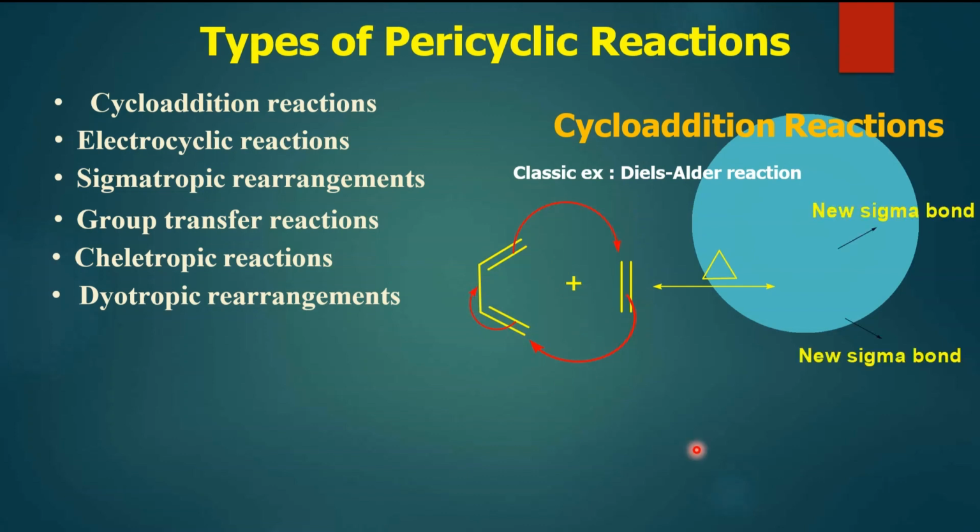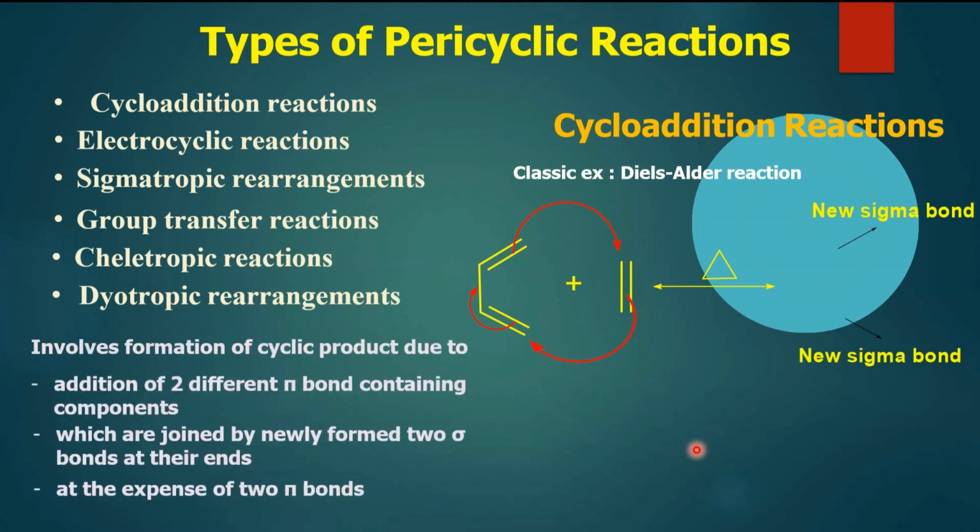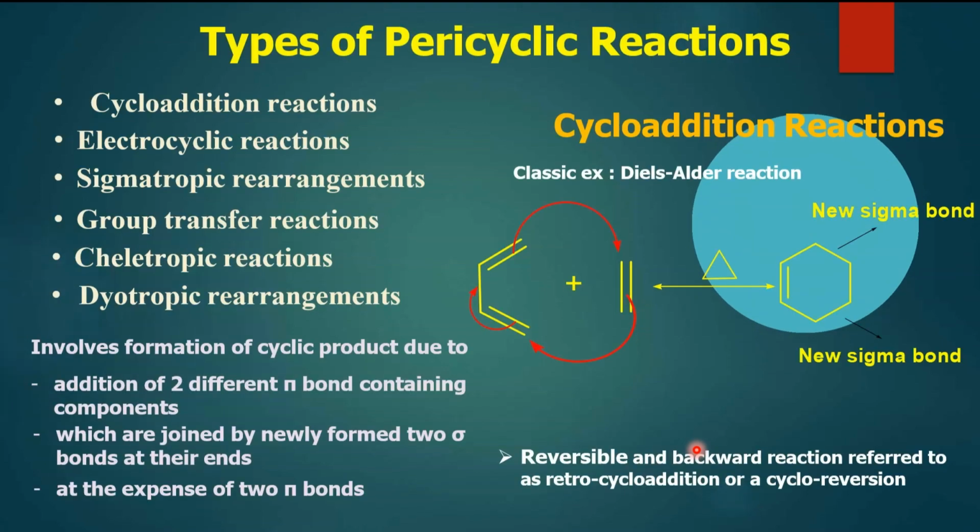When reorganization occurs, new sigma bonds are formed between this alkene and the diene. These are the two sigma bonds which are formed, and the double bond over here has been shifted to the next position. Overall, two sigma bonds are formed at the expense of two pi bonds,